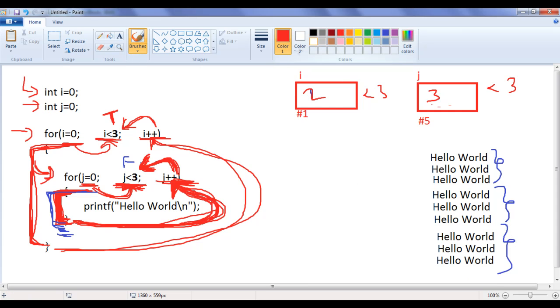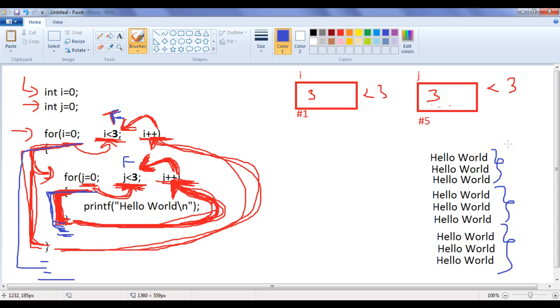After executing all the statements in the outer for loop body, control goes to the increment or decrement part of the outer for loop. i++ is executed. i is 2, it is going to be incremented by 1, it becomes 3. Then it goes to the condition part of the outer for loop, and checks whether i is less than 3. i is 3, 3 less than 3 is false. As the condition evaluates to false, the outer for loop is terminated and any statements below are executed.